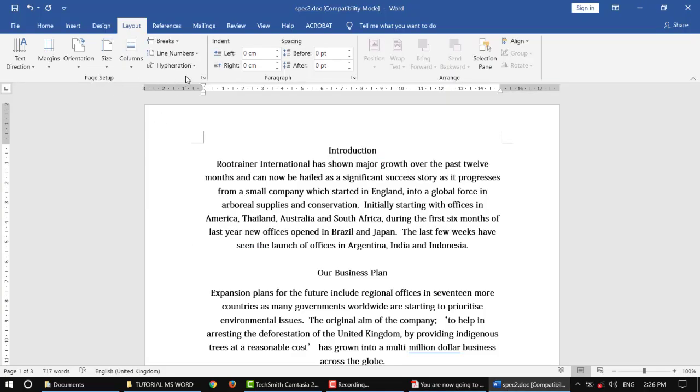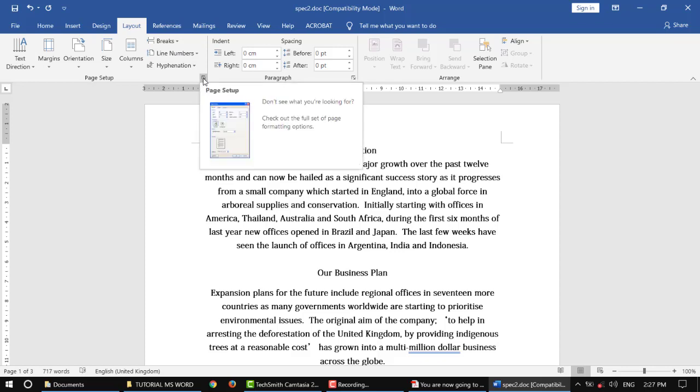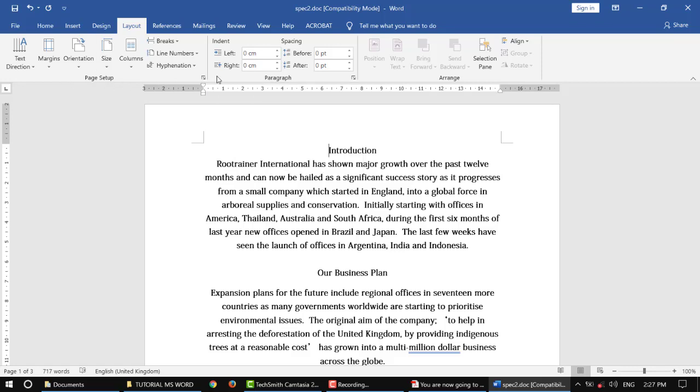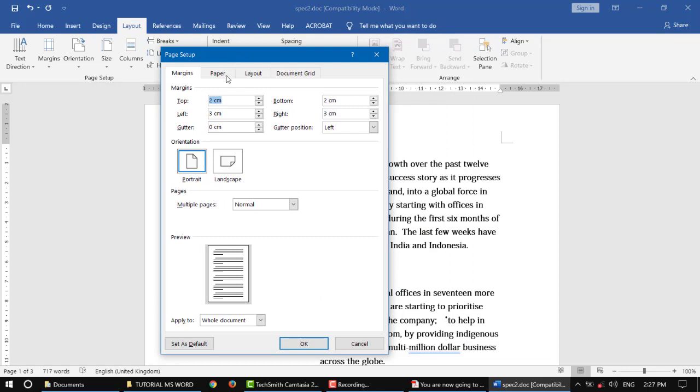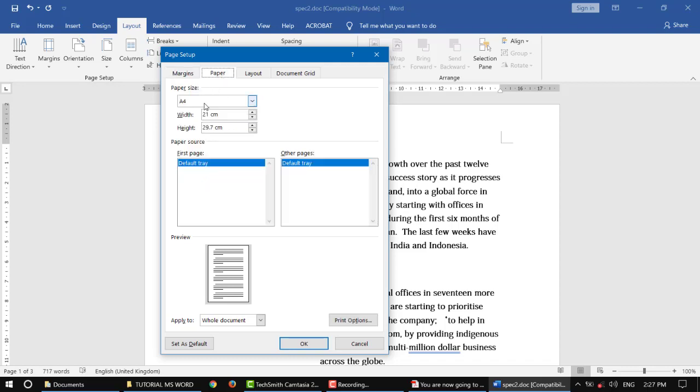You can just click here. As I said, this is the tab and this is the page setup group, and all these are the commands, which are all the settings here. There's a shortcut way to do all the settings under the page setup. Just go to the corner here, click here. Right, now you can do the margin setting, you can do the orientation setting, and followed by the page size setting too. And we click